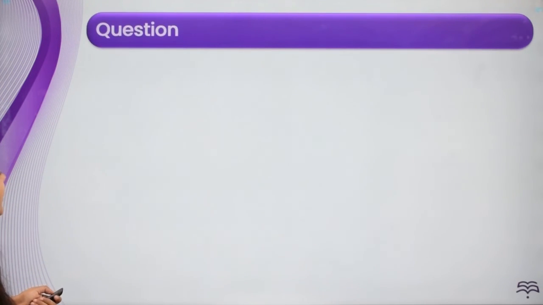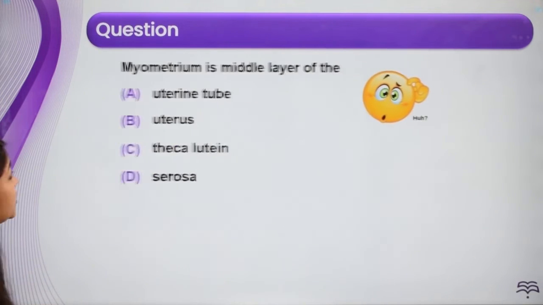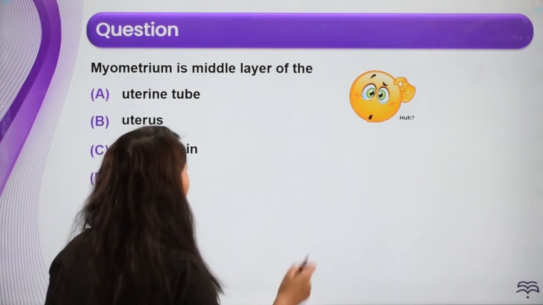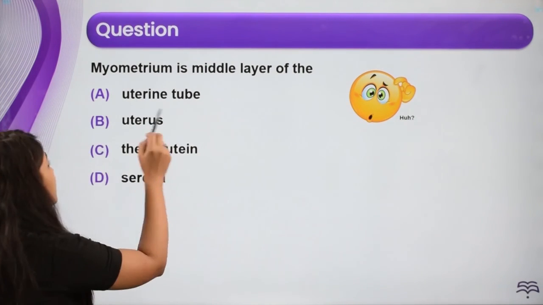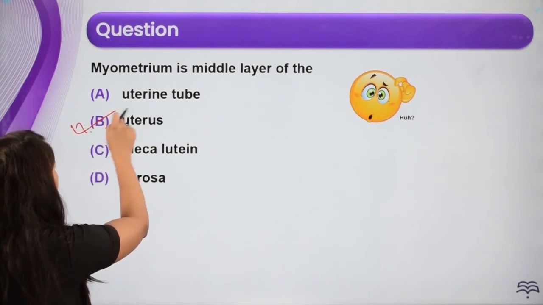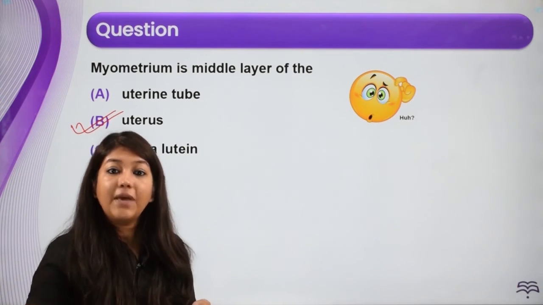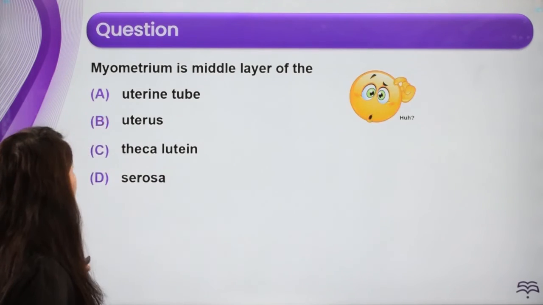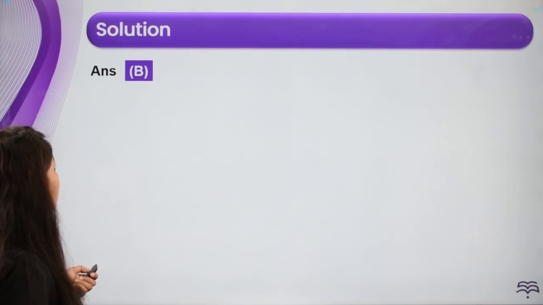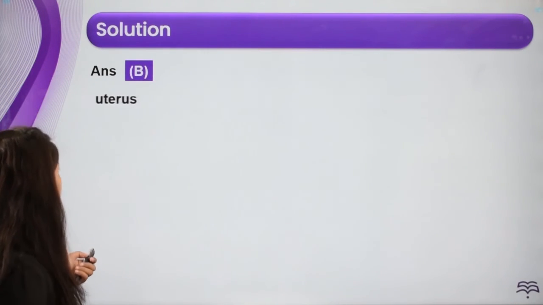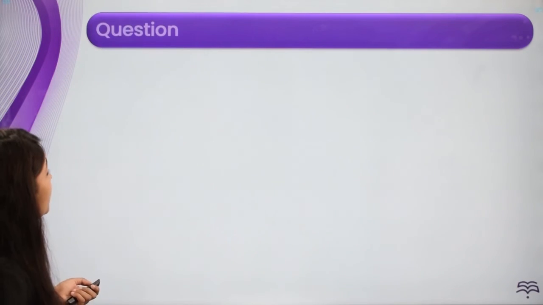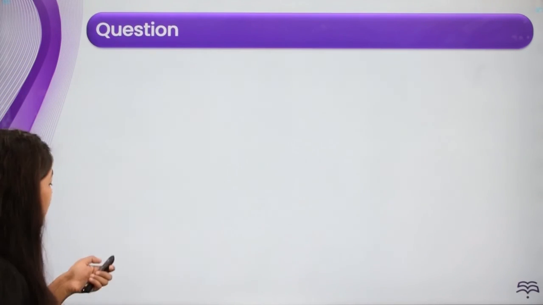चलिए नेक्स्ट क्वेश्चन देख लेते हैं। द नेक्स्ट क्वेश्चन इज मायोमेट्रियम इज द मिडिल लेयर ऑफ। मायोमेट्रियम किसका मिडिल लेयर होता है, यूट्रस का मिडिल लेयर होता है, राइट? एंडोमेट्रियम, मायोमेट्रियम, पेरीमेट्रियम, यूट्रस के वॉल्स में हमने डिस्कस किया था ये। सो द आंसर इज वेरी सिंपल, ऑलराइट, यूट्रस। चलिए नेक्स्ट क्वेश्चन देखते हैं।